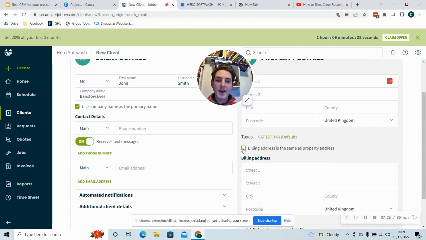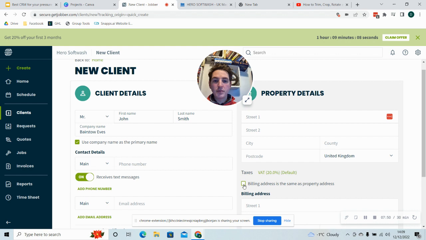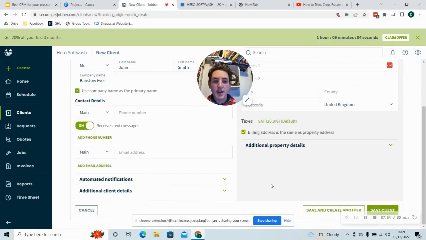The benefit of having it like this is that for one estate agent, you could have 20 different addresses. And you'll be surprised, as your business grows, by the amount of people that also have rental properties that they want you to clean and stuff like this. So you can have one client who has multiple addresses. Just remember that you have this function. But most of the time, people's billing address is the same as their property address. Once you're done, you're going to hit Save Client,